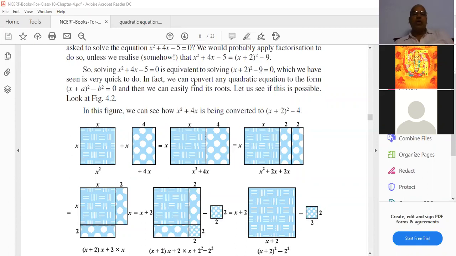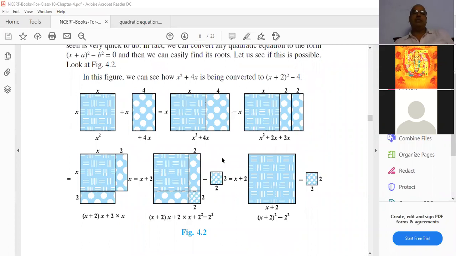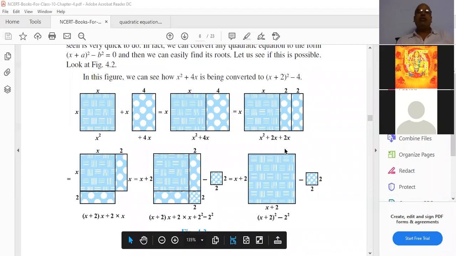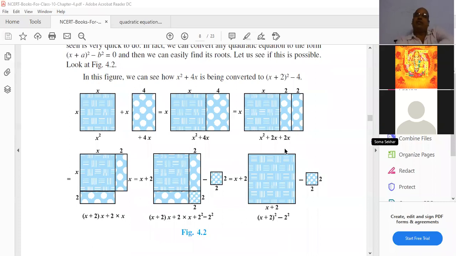He has shown it through the figure. This is geometrically. If you want to show it geometrically, you can do a cutting and pasting activity. You can see one of the activity models we have shown here. Is it understandable for everyone? In this figure, any doubt you can ask.